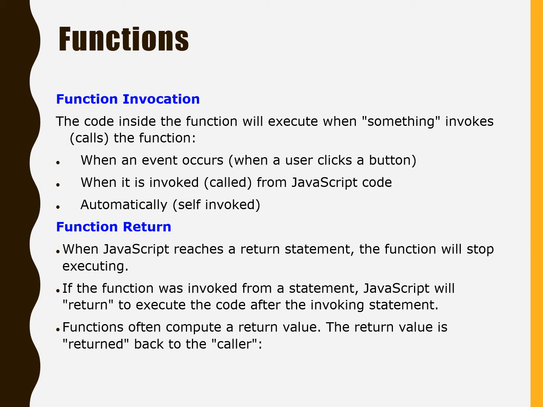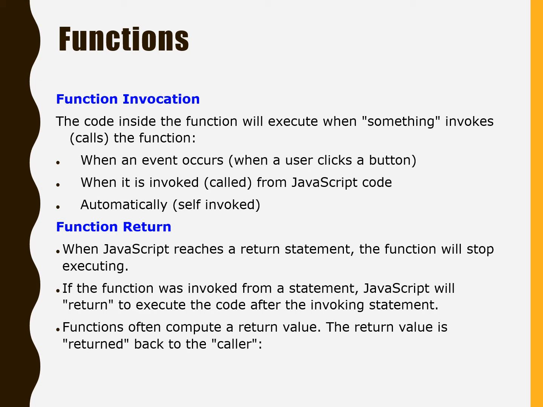For example, consider the case of a recursive function, which means a function that calls itself, and the user provides a value to a particular recursive function. What happens is that the function will call itself multiple times with new values generated. That type of function invocation is also there in JavaScript. So function invocation happens whenever an event occurs, or it can happen from JavaScript code, or it will happen automatically.